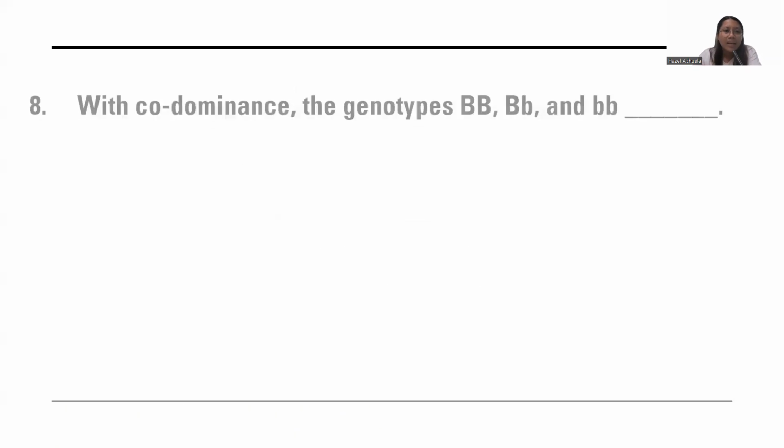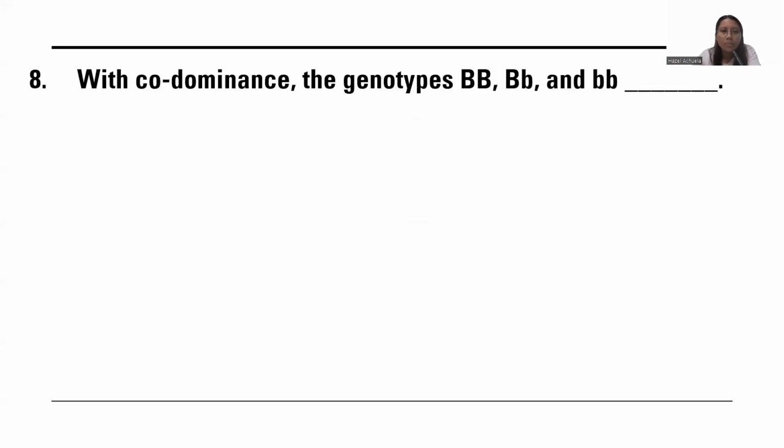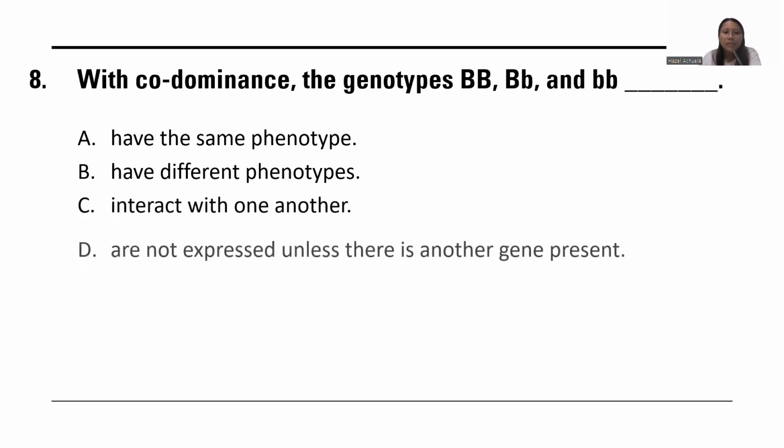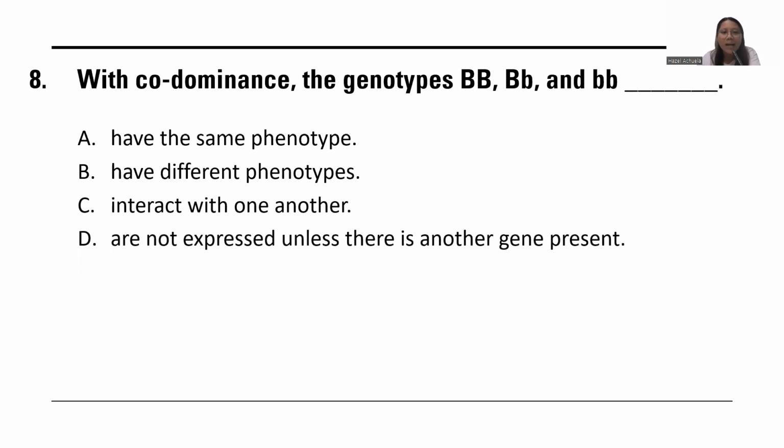Okay? Next item, number 8, with codominance, the genotypes homozygous dominant B, heterozygous B, and homorecessive B, blank. A, have the same phenotype. B, have different phenotypes. C, interact with one another. D, are not expressed unless there is another gene present. Or E, are linked. I repeat the question: